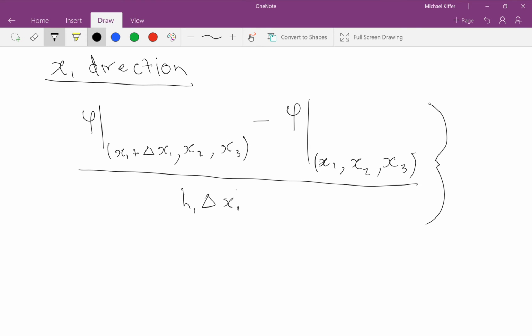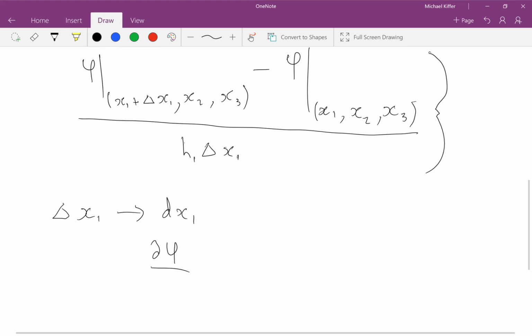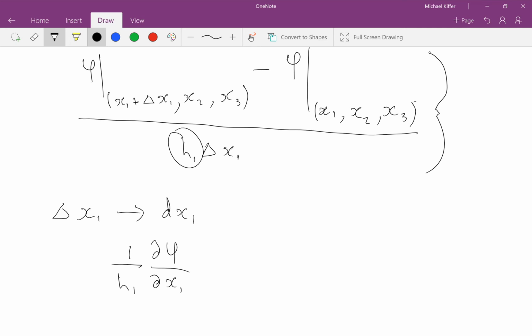And so if we let delta x1 approach dx1, we're going to end up with change in phi divided by our change in x1, and that's going to be multiplied by 1 on our scale factor, which is from that part there. Now we can repeat this with all of our directions,